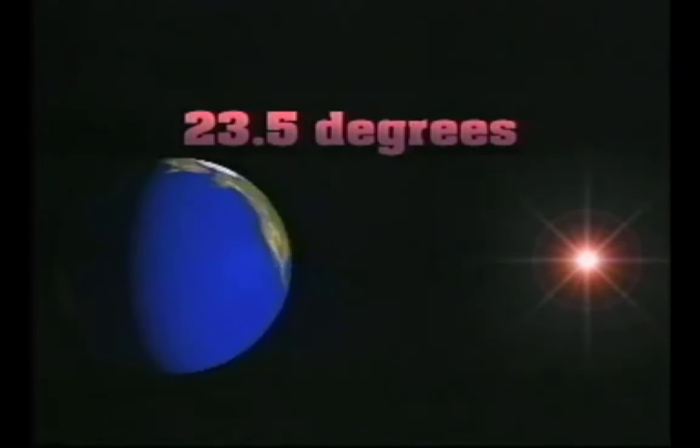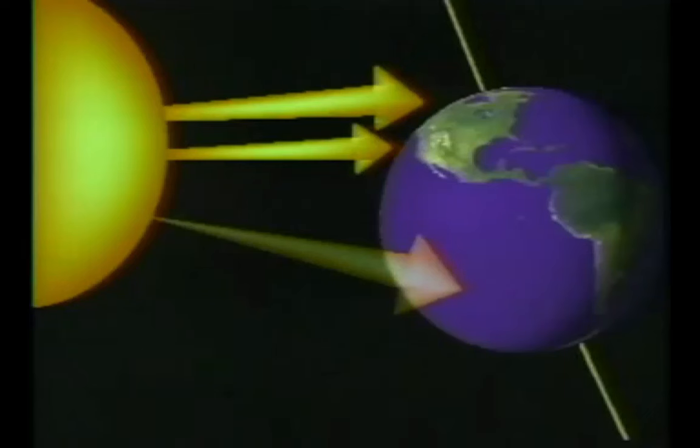It is always tilted in the same direction. So as it goes around the sun, there are times when the upper half of the Earth is tilted towards the sun, and other times when it is tilted away. This tilt affects the way the rays of sunlight strike the Earth. When the planet is tilted towards the sun, the rays are more vertical, and therefore strike the surface more directly